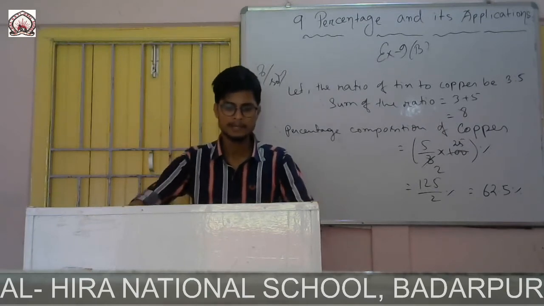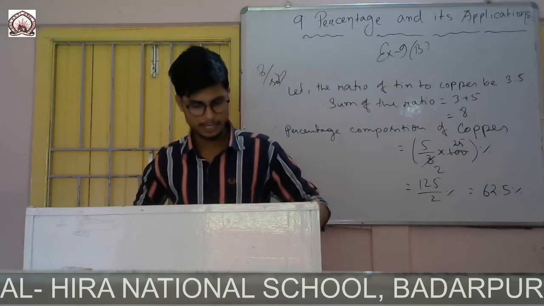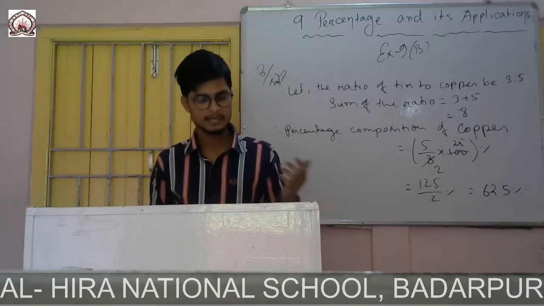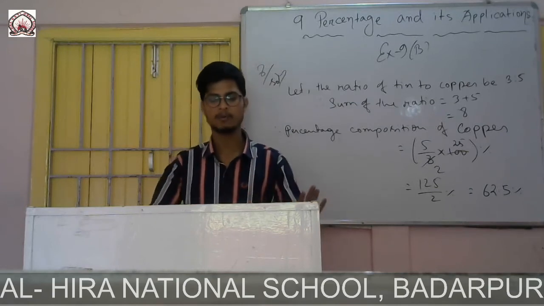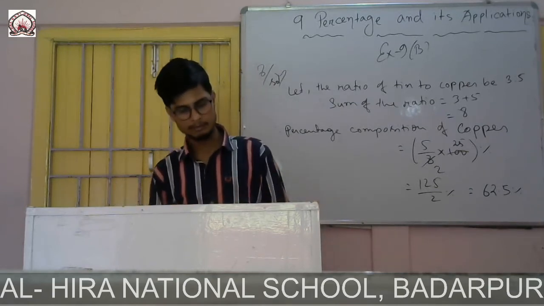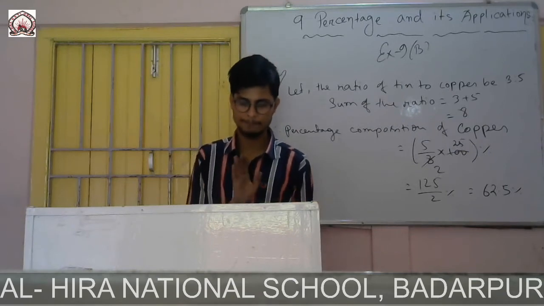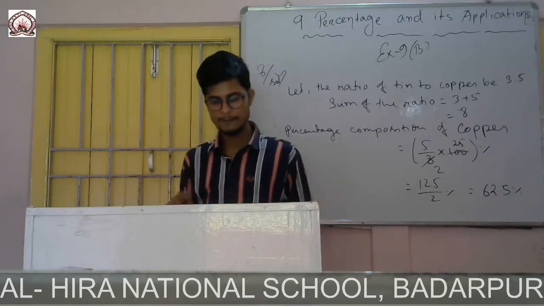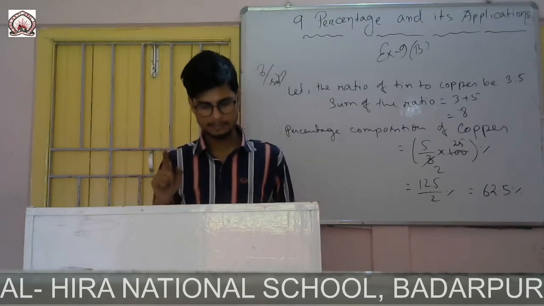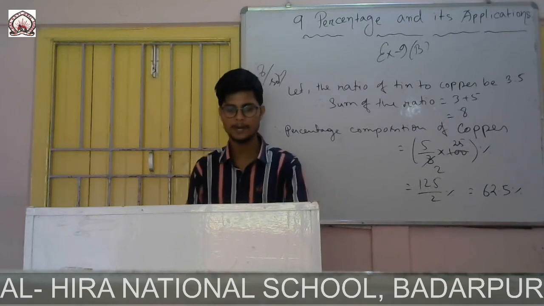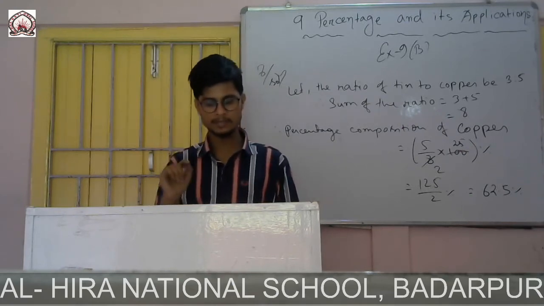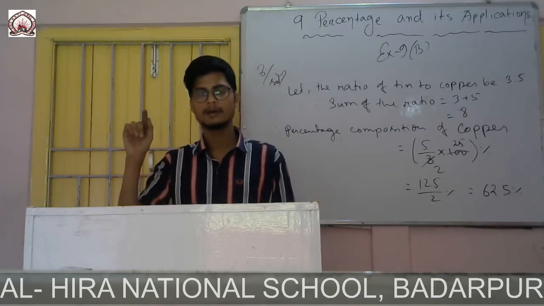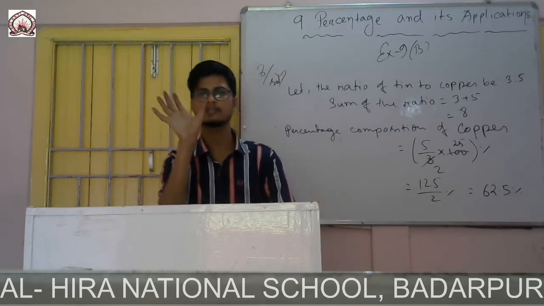Question number 11. The speed of a train is 80 km per hour. It is increased to 130. You have to find the percentage increase. It is decreased to 65. You have to find the percentage decrease. So same like question number 9 and 10. First of all, you find the percentage increase. It will be 130 minus 80, which is 50 kilometer per hour. Then you find 50 by 80 into 100%. You will get one value. This is the percentage increase.